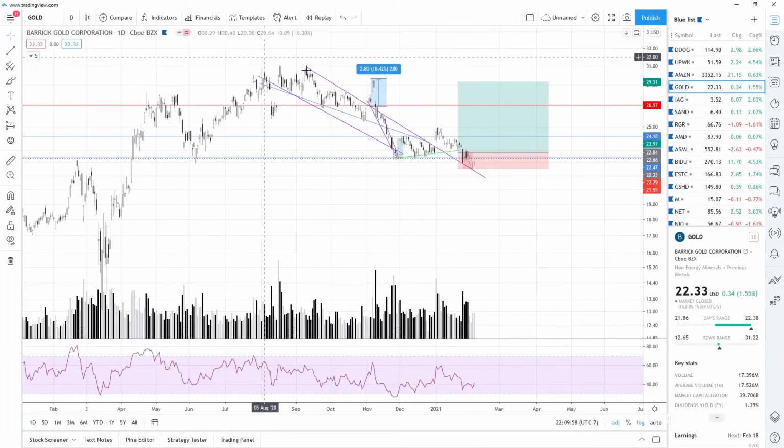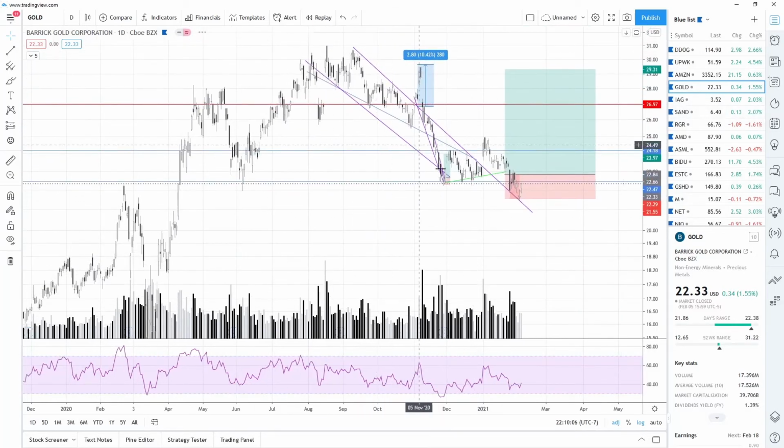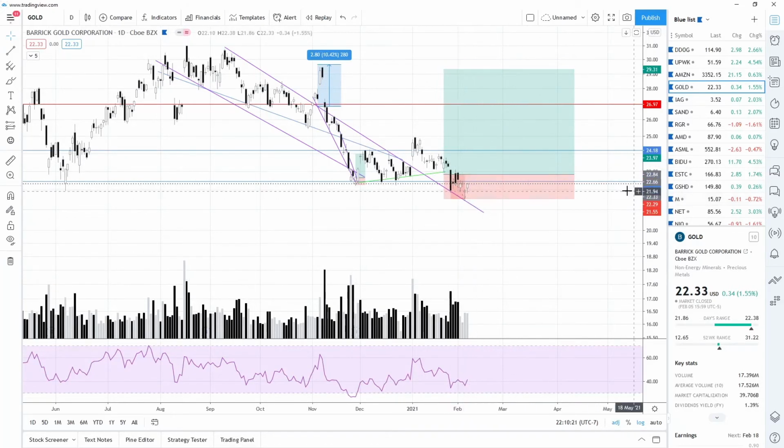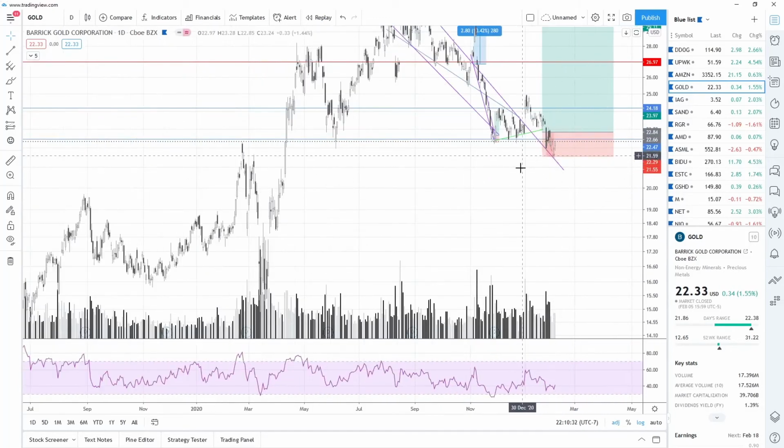Barrick Gold. So this one is interesting because it's been in sort of a bull flag pattern or a downtrend, and then it finally broke out, and it has done one retest, two retests. So it may be good to go long here. If it does a third retest, maybe that's a little bit shaky. So it's at the point where I expect it to just break down and basically drop a lot, because it's below a major support level,